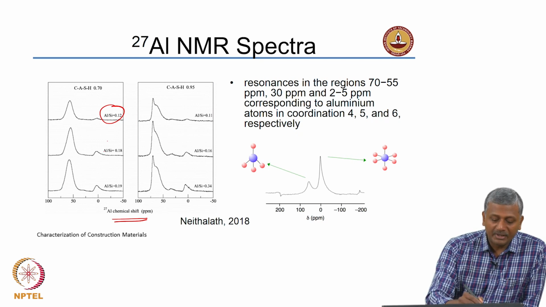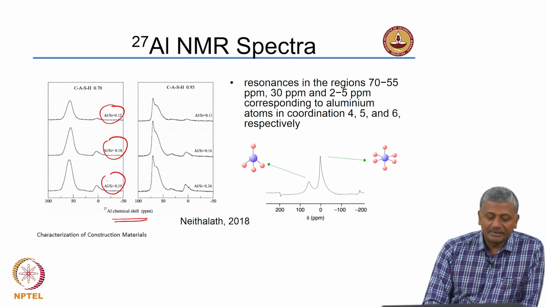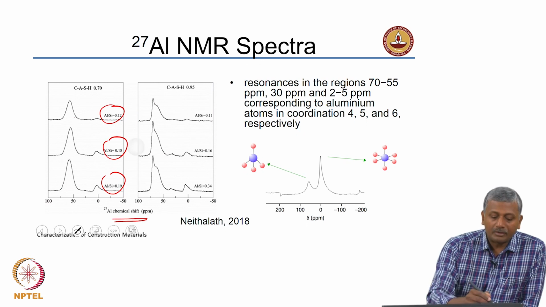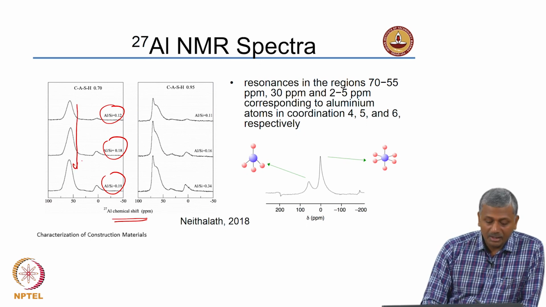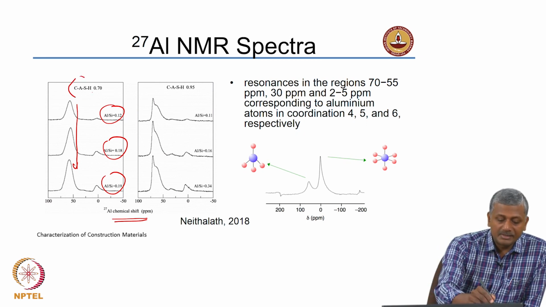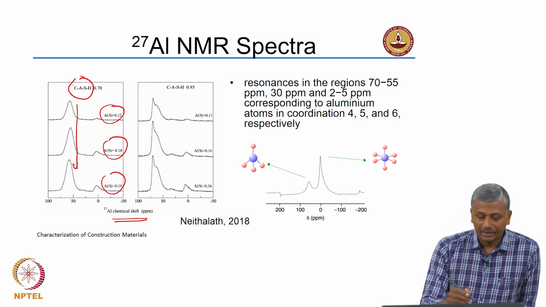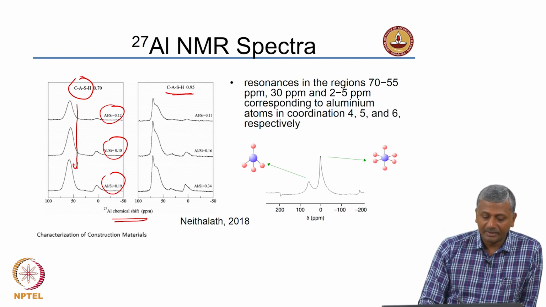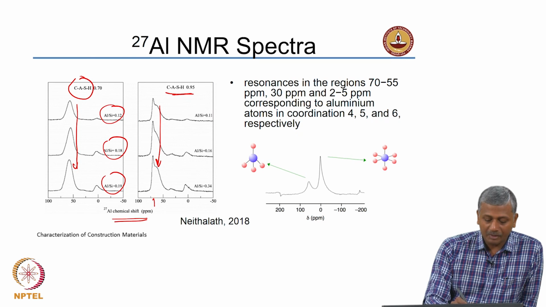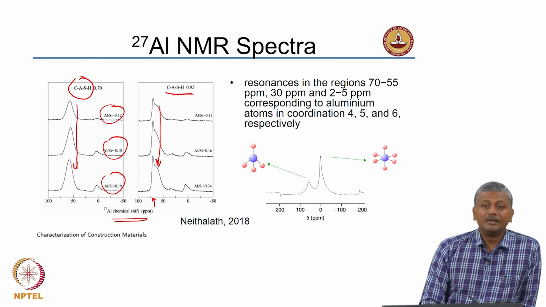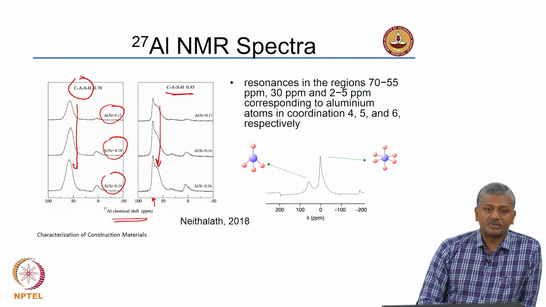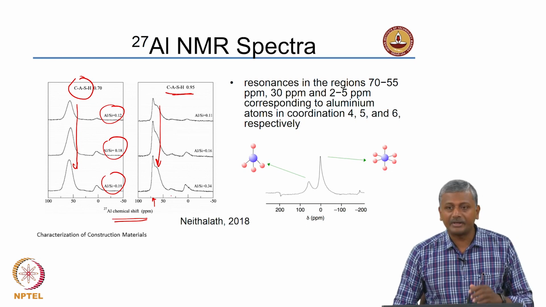At different aluminum to silica ratios, you see that the chemical shift or the peak intensity is actually changing as you increase the aluminum to silica ratio from 0.12 to 0.19. Okay. This is for a measurement on calcium aluminosilicate hydrate at a water cement ratio of 0.7. Now, this is again at 0.95, and again you are seeing an increase in the intensity of the peak that is located at a specific chemical shift that corresponds to the state of the aluminum present inside the calcium aluminosilicate hydrate. Okay, we will continue from here in the next class.